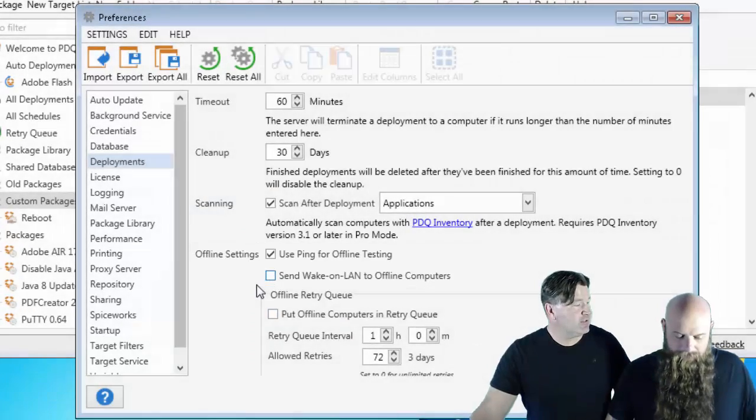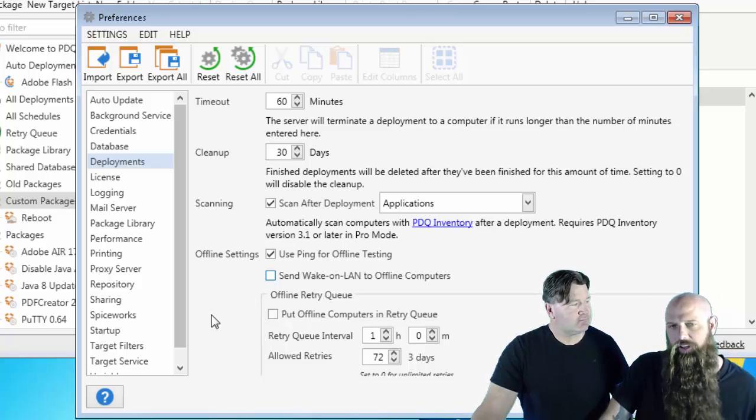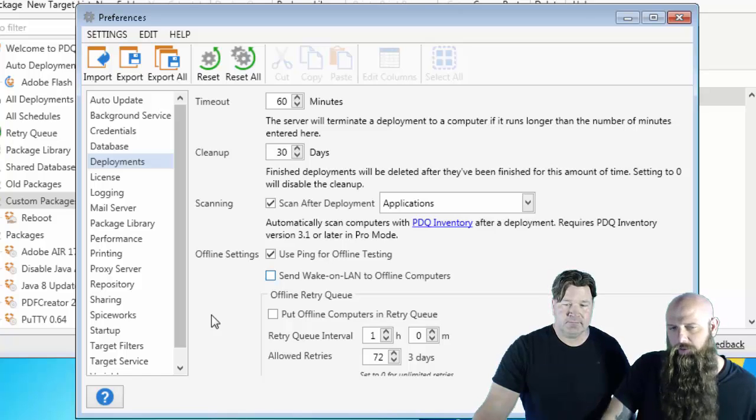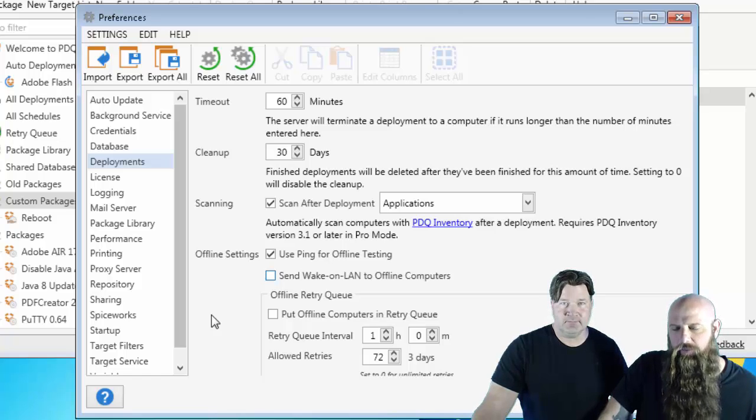We also have done some adjustments to the Retry Queue, just to make it a little easier. We've had a lot of positive feedback on the Retry Queue. But people are saying there are a lot of deployments where machines are still offline, and I'm getting a lot of emails. Here's what we've done. For computers that go into the Retry Queue, the next time they are retried, at the next interval,